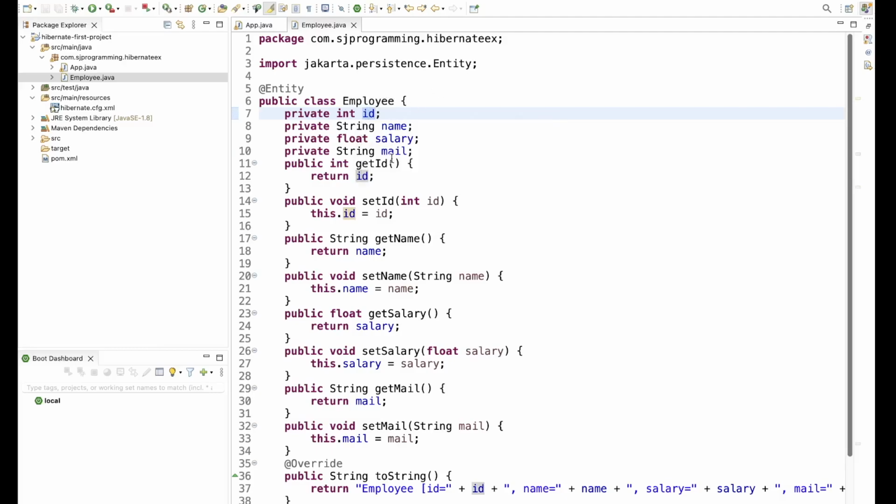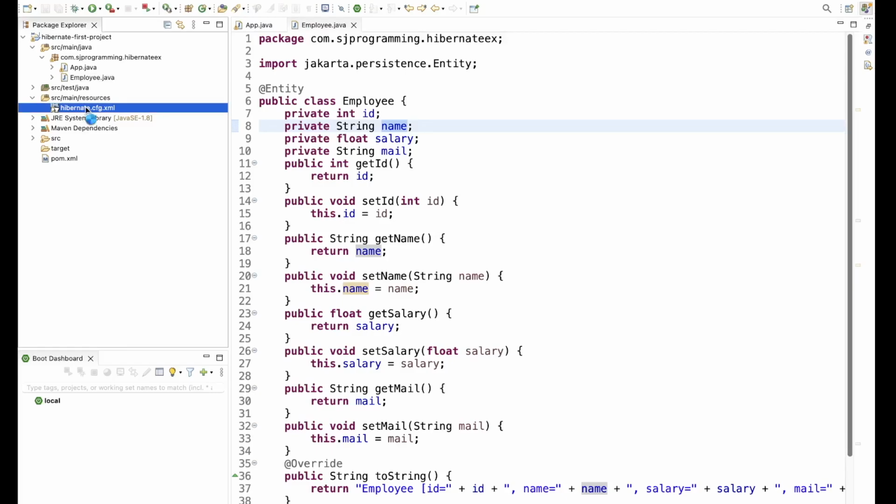Now Hibernate is the mediator between our Java application and the relational database, or MySQL. So whatever column corresponds to this ID will be connected. This ID and the column in our database will be connected, then this name and the name column in our database should be connected. So for that, very first, if we open this